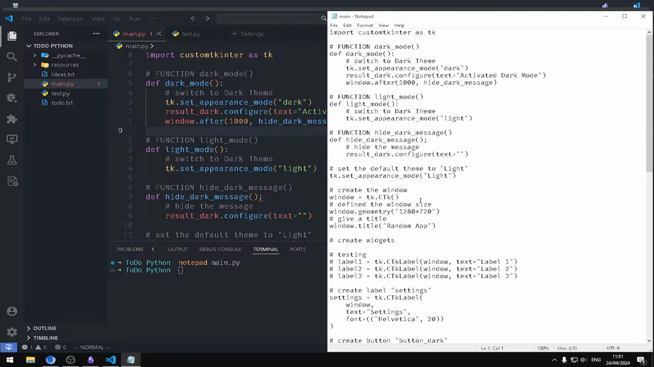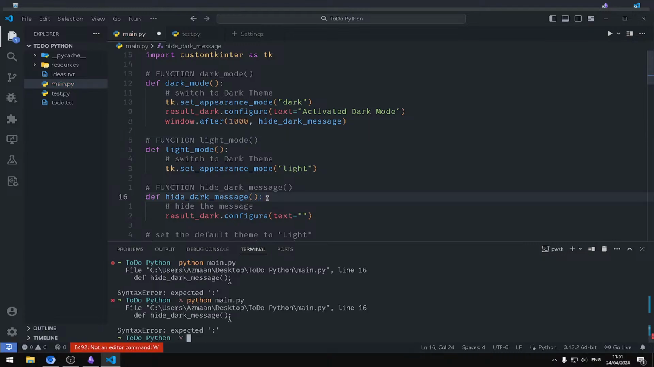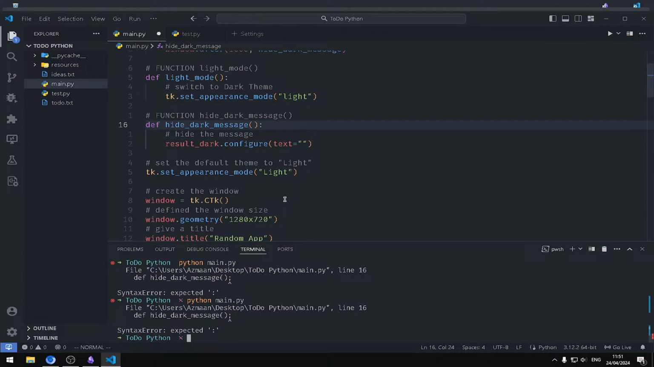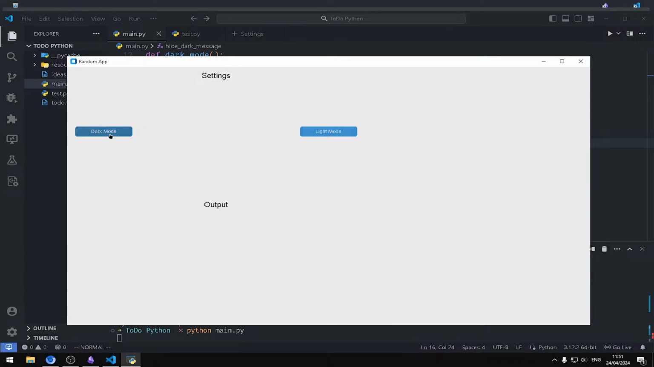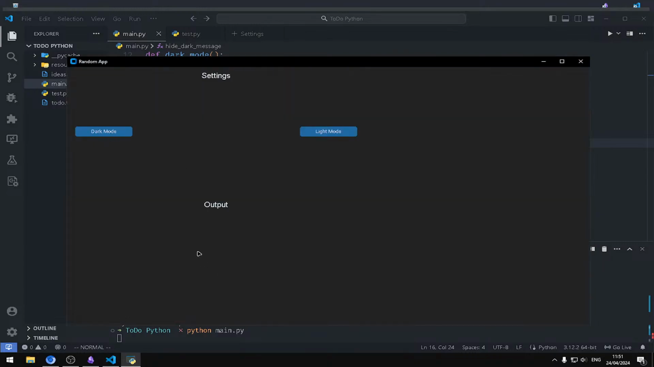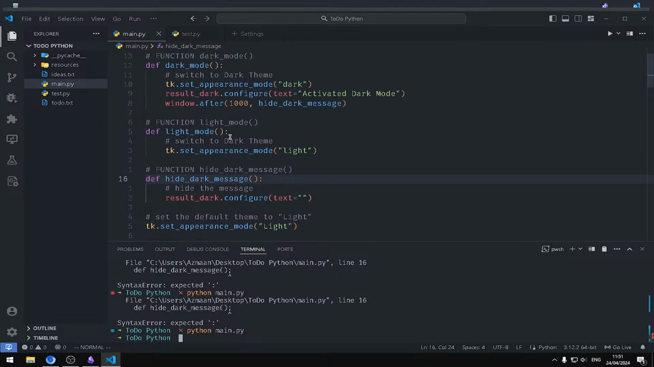If I exit out of this and I do python main, what, where, in line 16, yeah, expected this, yeah, I gave you this. Okay, it's not safe. So if I do dark mode, light mode, then dark mode. So okay, I think activated dark mode is going to be like